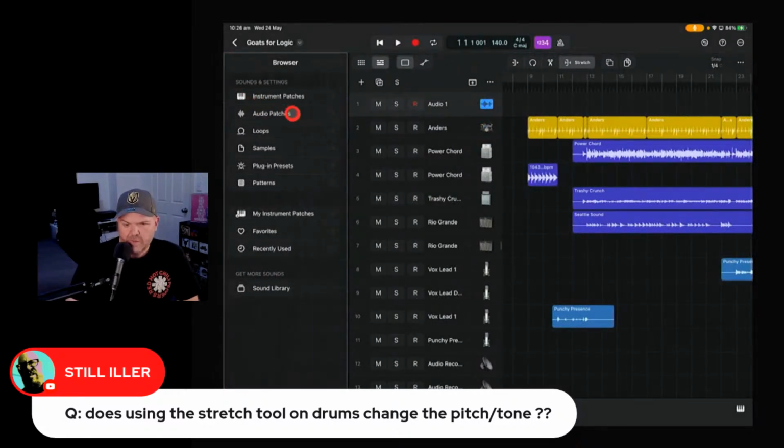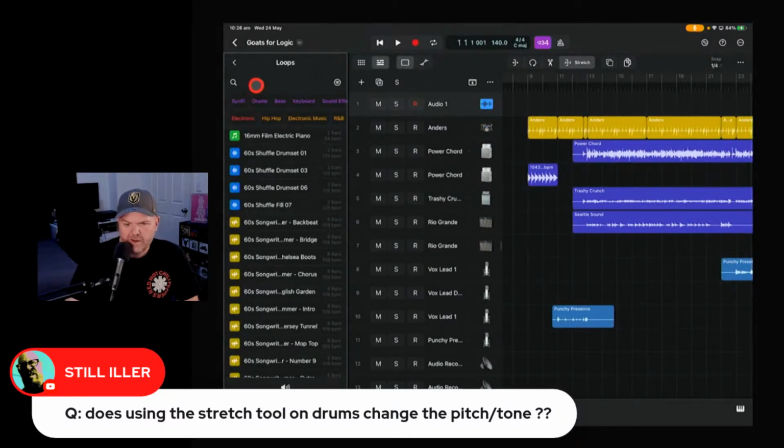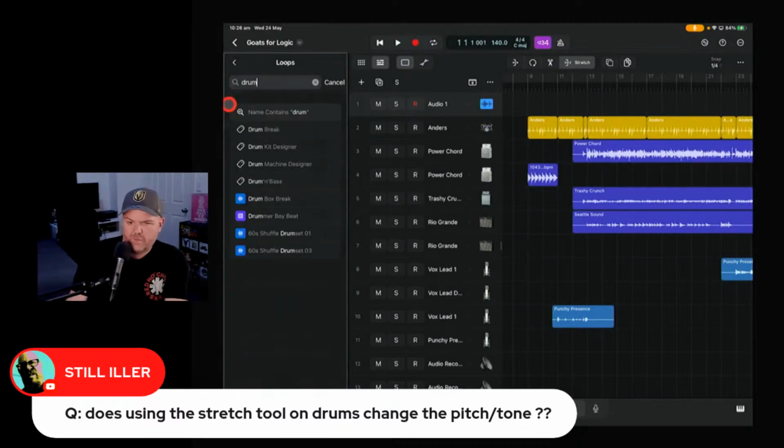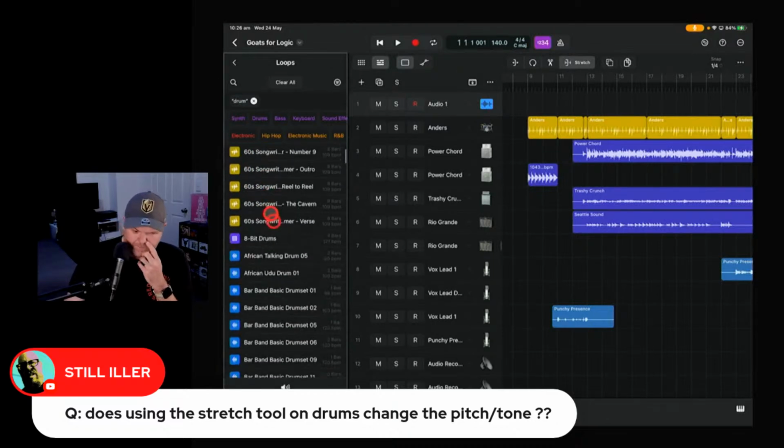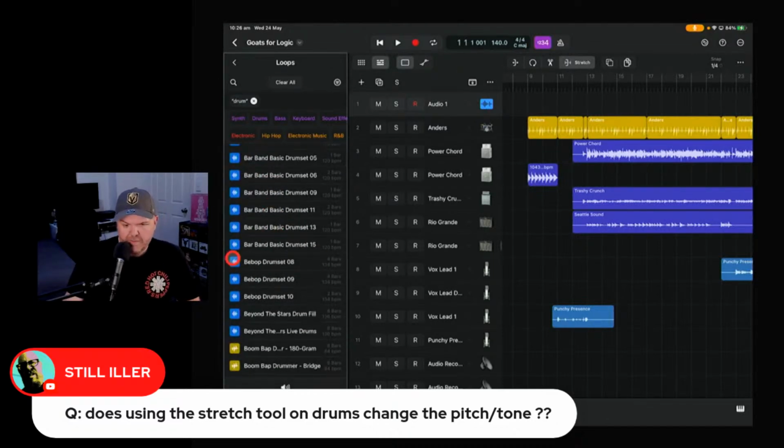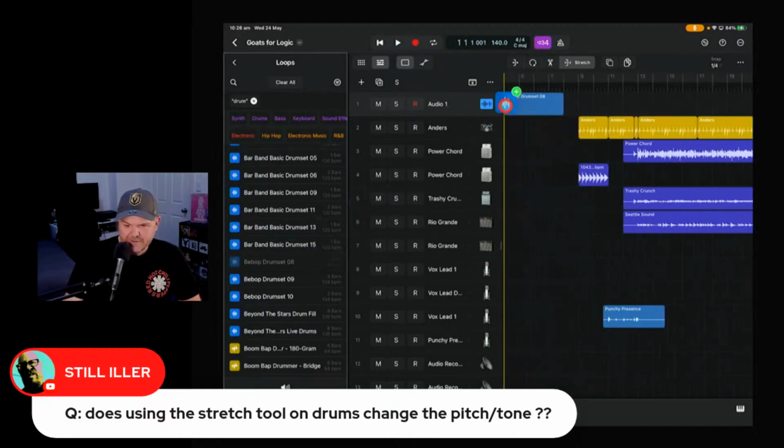So if we go here and we go loops, and we find drum, it's the same drum loops. We'll bring in just a bebop. Sounds like the start of Late Night with Conan O'Brien. So we'll drag this one in and pop it on the track there.